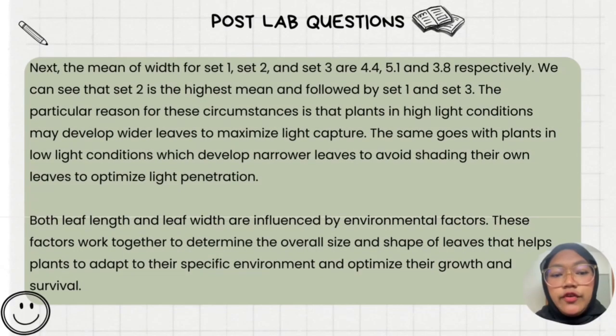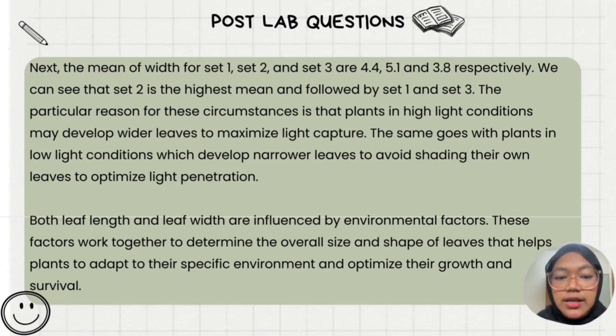Next, the mean of width for set 1, set 2 and set 3 are 4.4, 5.1 and 3.8 respectively. We can see that set 2 is the highest mean, followed by set 1 and set 3. The particular reason for this circumstance is that plants in high light conditions may develop wider leaves to maximize light capture. The same goes with plants in low light conditions, which develop narrower leaves to avoid shading their own leaf